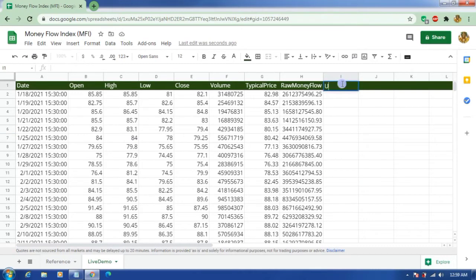So actually we will make another column for up or down. So up or down means, first we will take the typical price and we will compare it with the previous day's typical price. If today's typical price is greater than the previous day's, we will make it as 1. If not, we will make it as 0. Okay, so here we don't have a previous day, right? So let's leave that row. Okay, I'm making it in red color so that we will leave that one.